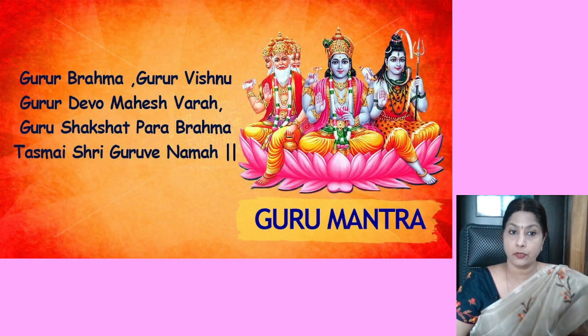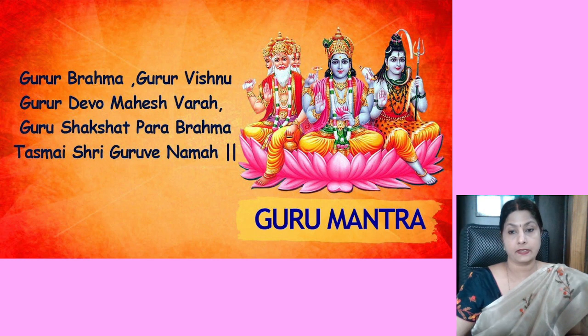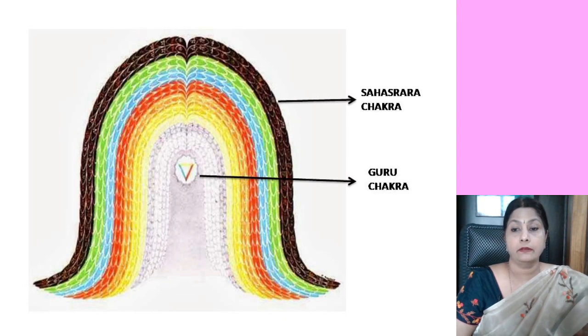We have a Guru Stotra. Guru Brahma, Guru Vishnu, Guru Devo Maheshwaraha, Guru Sakshat Parabrahma, Tasmai Sri Guruve Namaha. Here you can see the Brahma, Vishnu, and Maheshwara I was talking about earlier, the creator, the preserver, and the destroyer of the universe. When I say destroyer, it simply means Shiva dissolves the universe. The three lines in the triangle are Vishnu, Brahma, and Maheshwara. And that is why the Guru Stotra says Guru Brahma, Guru Vishnu, Guru Devo Maheshwaraha, Guru Sakshat Parabrahma.